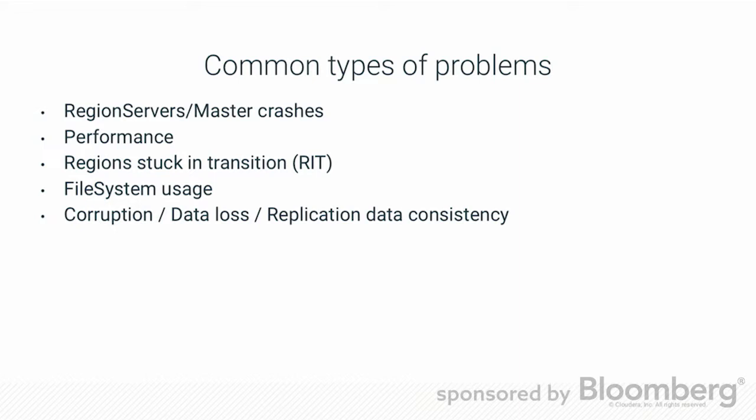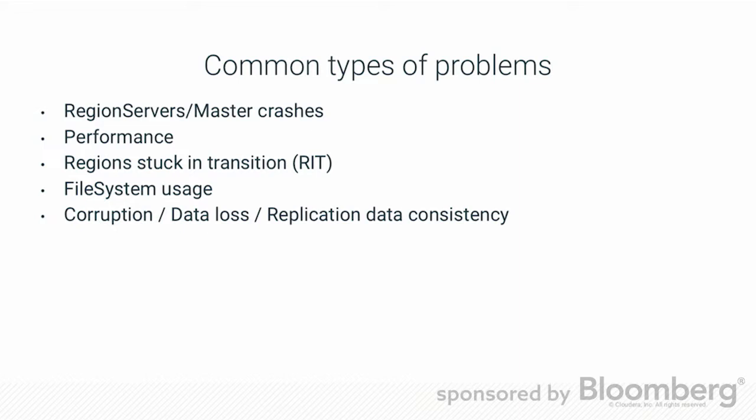The second major type of problem is classified as performance. Those are the typical tickets coming in as my HBase is slow, or my application reading or writing to HBase is slower than usual. A third large amount of cases come described as regions stuck in transition,